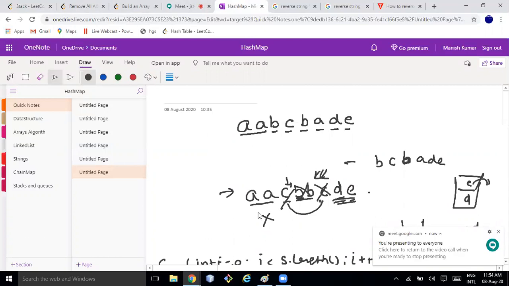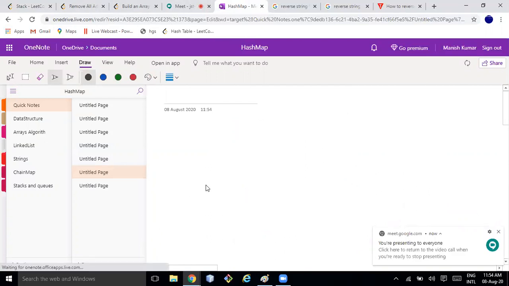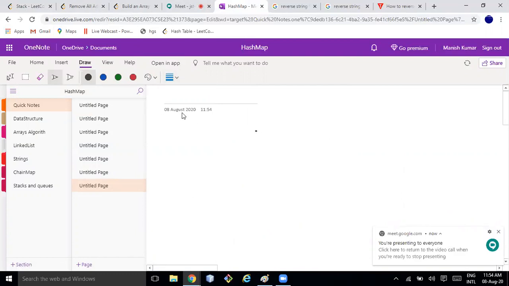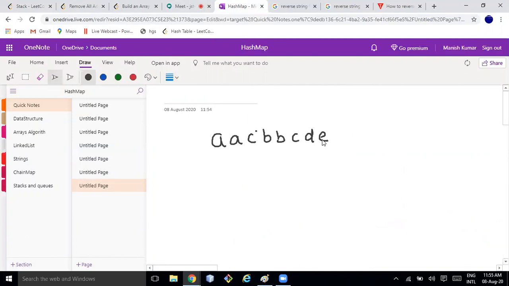So it's A A C B B C D E. Okay. So if I am asked to remove the duplicates, obviously my mind will come here. If someone asks me to remove the duplicates, I will follow your approach, the way you think.